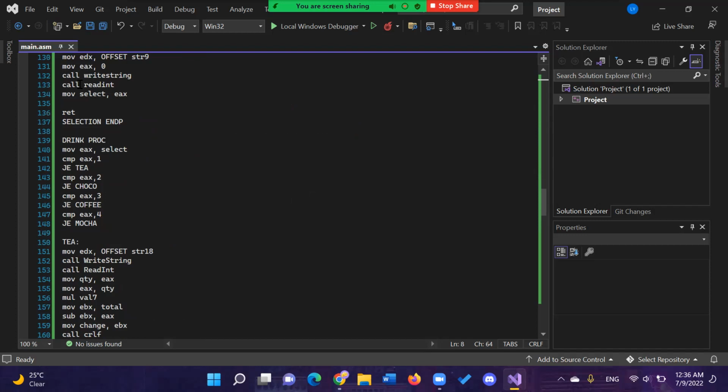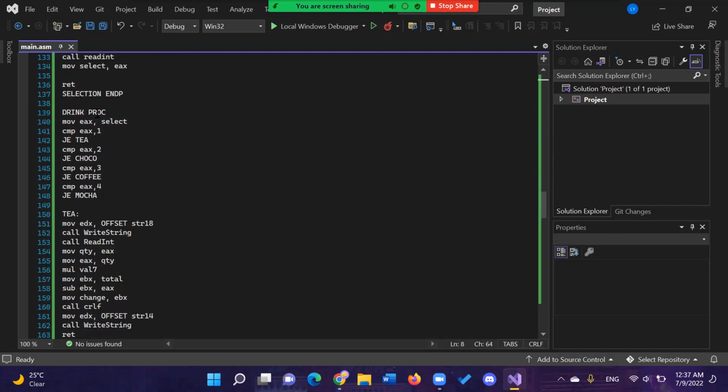So after we call the read integer, we'll move the select to the EAX. After that, we'll return back to the main proc. Then we call the string proc. For the string proc, we'll move the EAX to a select. So the select here is